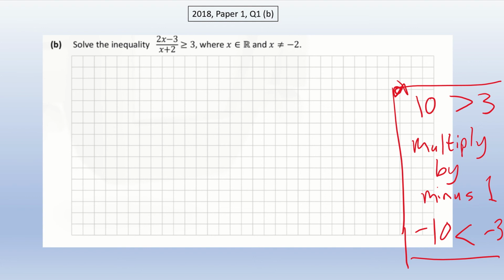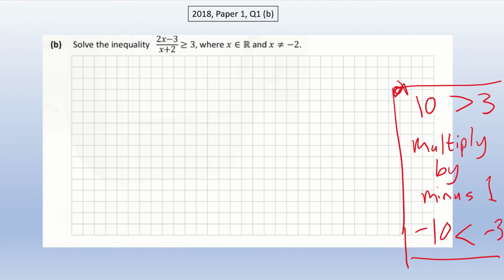Now, we run into a problem with this question up here, because the first thing we would automatically do if we were in Junior Cert is multiply both of these sides, the 2x minus 3 all over x plus 2 and the 3, by the denominator of my fraction in order to get rid of my fraction. However,